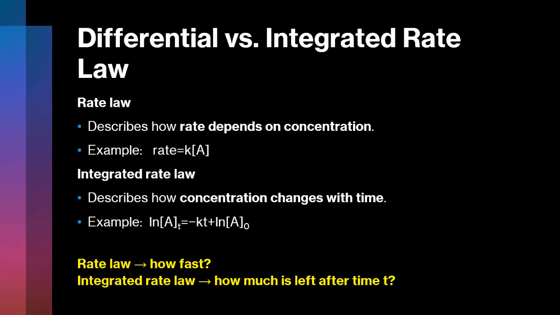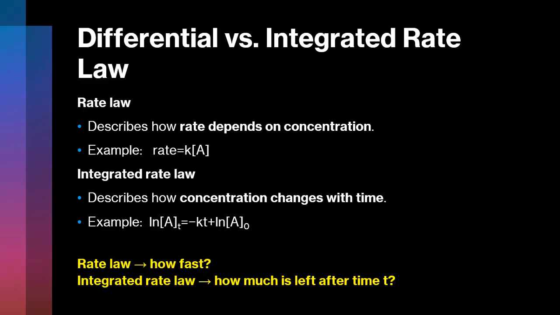This distinction is important. The rate law, or differential rate law, describes how the rate depends on concentration. For example, the rate of the reaction could be equal to k, the rate constant, times the concentration of A. The integrated rate law, however, describes how the concentration itself changes with time. So for a first order reaction, for example, the integrated rate law is the natural log of the concentration of A at a particular time equal to negative kt, the rate constant times time t, plus the natural log of the